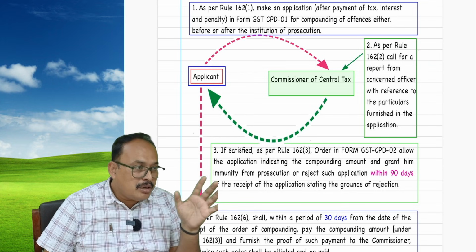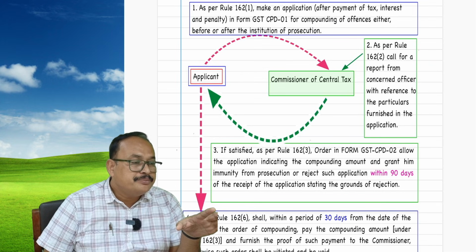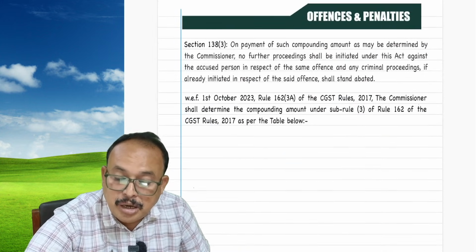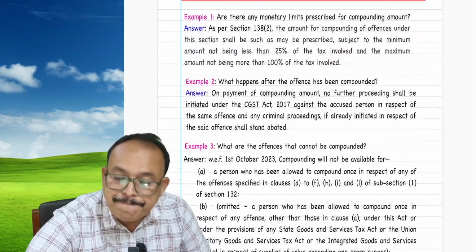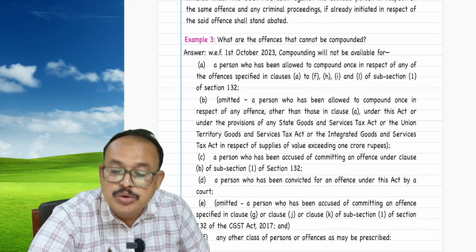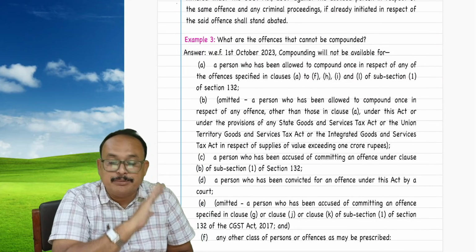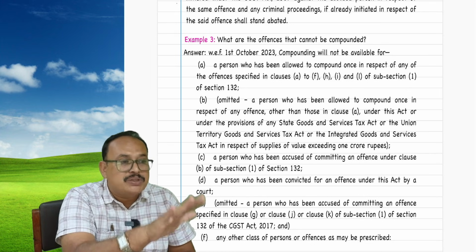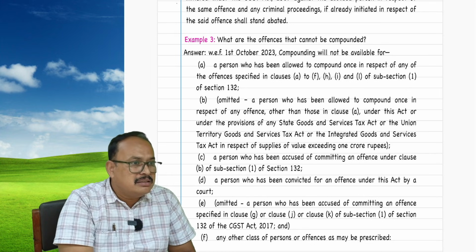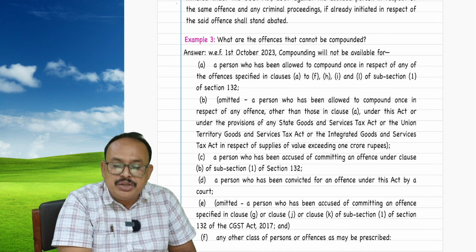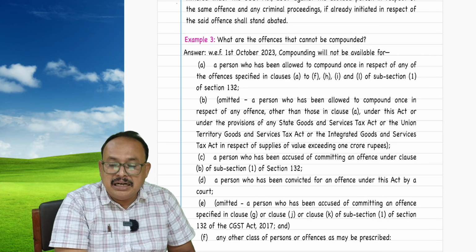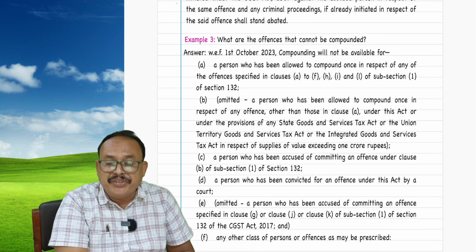Compounding may also not be possible in some cases. They have mentioned very clearly that there are cases where compounding is not allowed. A person who has been allowed to compound once, the second time is not allowed. Thereafter, a person who has been accused, that is, committed an offense under a particular section, 132, subsection 1,